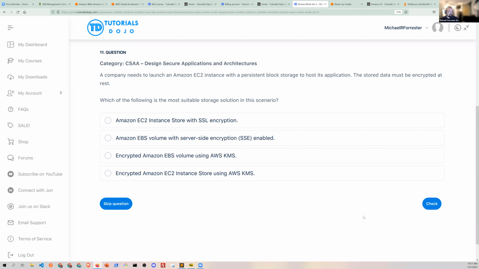Now, that being said, you know that has to be EBS, so it's not going to be the instance storage options. And then you know it's going to use KMS because, well, I just told you. You might think that this is an option, but SSE is only available for S3. Right? And it's SSE-S3, SSE-KMS, SSE... oh, what's the other one? CMK? I can't remember the third one.